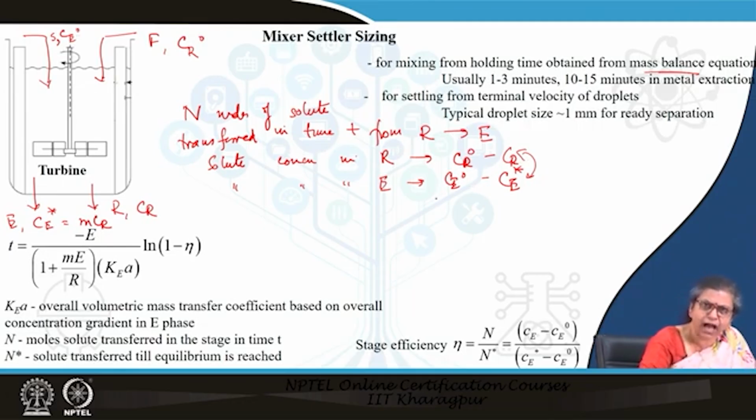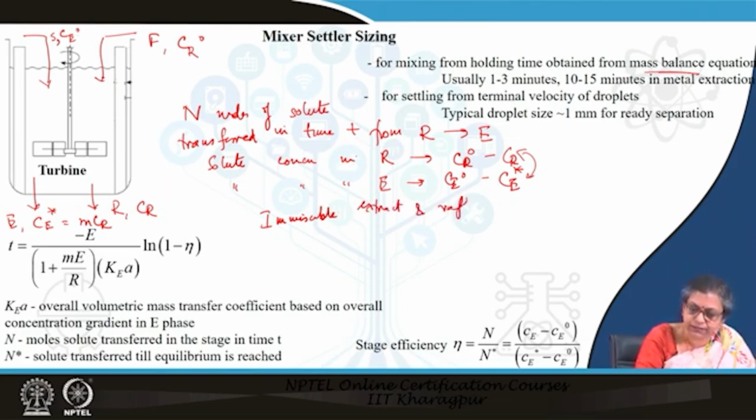Okay. And I assume that since I have already assumed the solute-free flow rate is the same for both the solvent as well as the feed, I can assume that CR and C star are connected by a linear equilibrium curve within the operating range, fine. So, under this condition, we can assume immiscible extract and raffinate phases